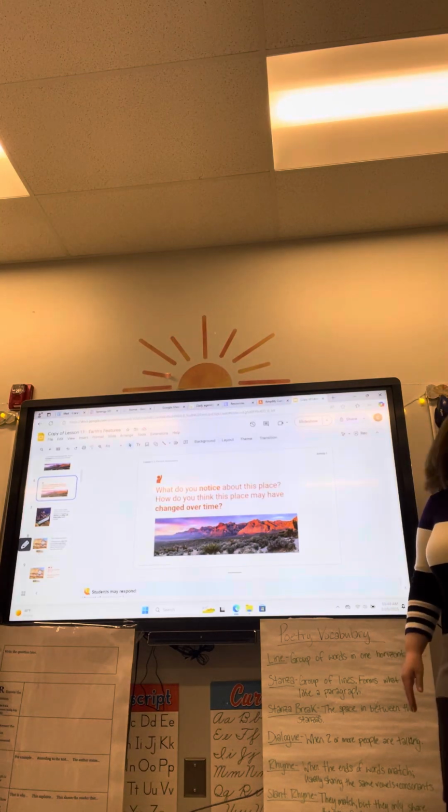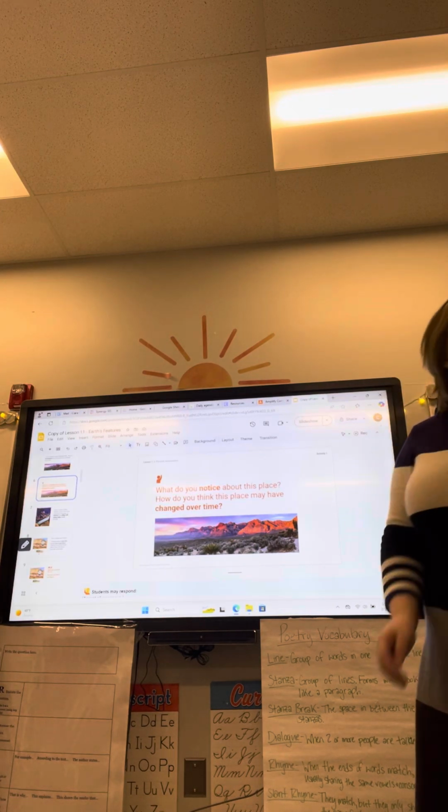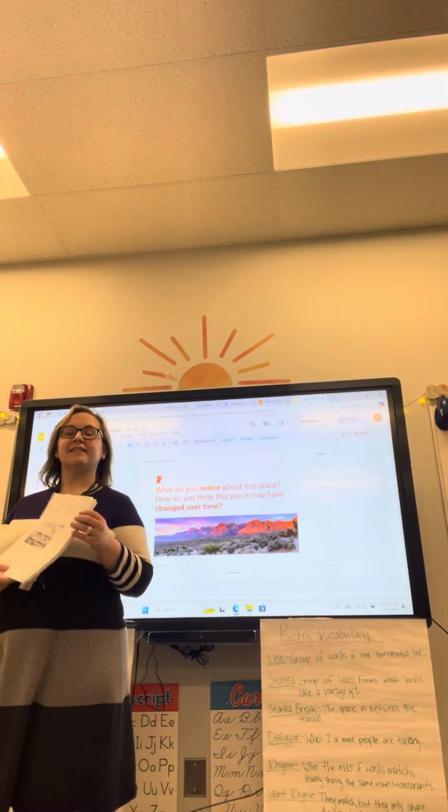Beautiful. Keep going. If you look back at the paper, it says rocky outcrop. They don't look the same, so it must have like some